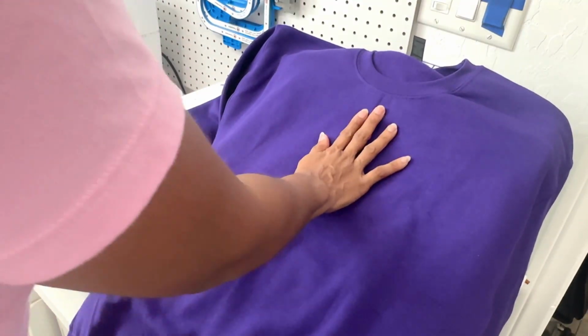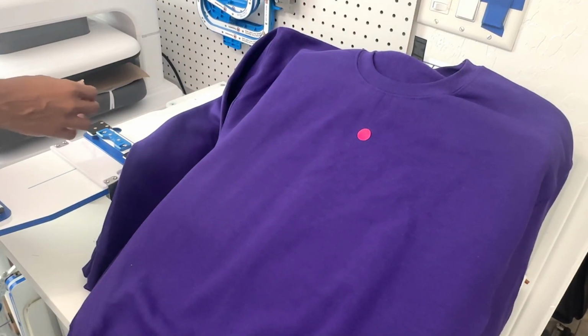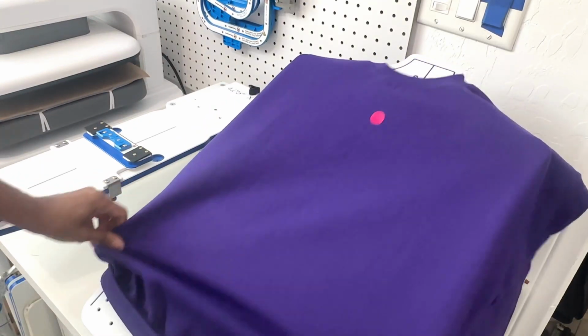And I did go ahead and use my t-shirt ruler, this ruler right here, so I can mark my center point as well as make sure I'm down the 4-finger standard for where I want the design to stitch. And I just mark that with a sticker. Then we'll just slide this on top. And let me just go ahead and get that straightened up